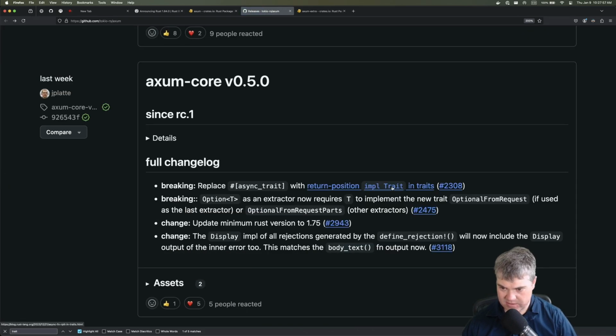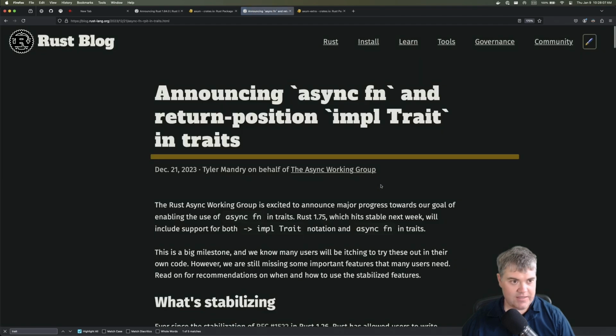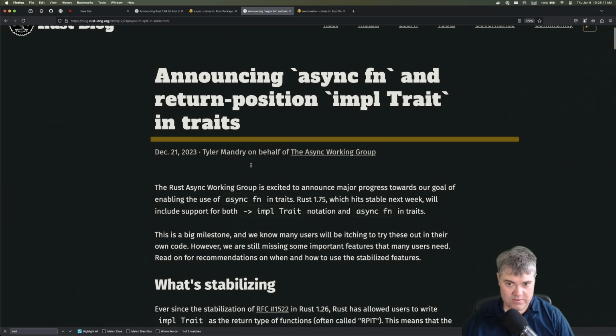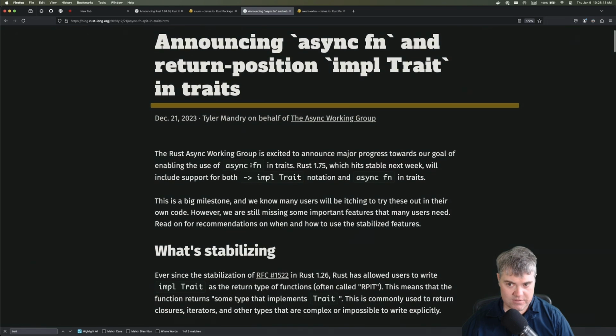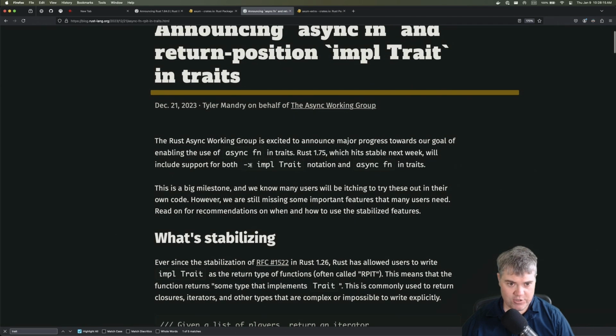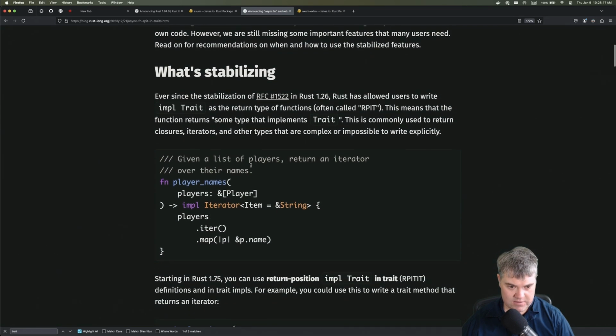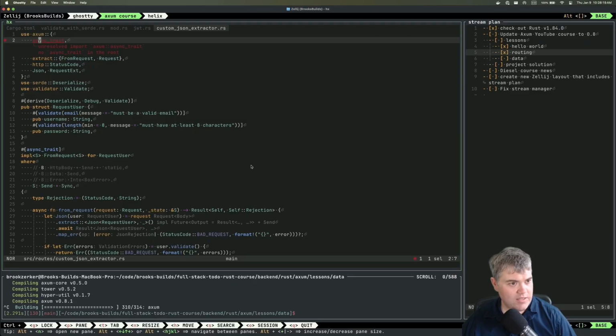Okay, so it isn't a blog post. Isn't it a Rust blog post? Return position impl trait in traits. And this was... Okay, so if I